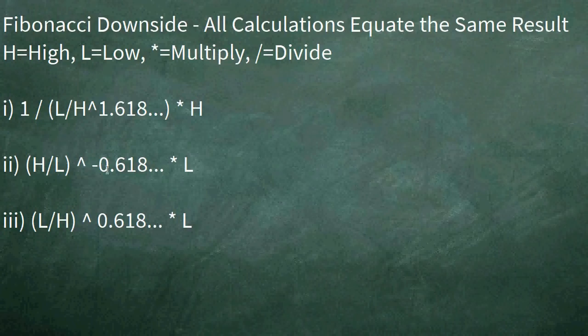And then months ago, I just tried, well, what happens if I do the Fibonacci formula and just make this a negative number on the 61.8, and I was amazed to see it got the exact same result. But also, if you take low divided by high to the root of the positive 61.8 and multiply it by the low, you get the same number. Now the golden ratio,